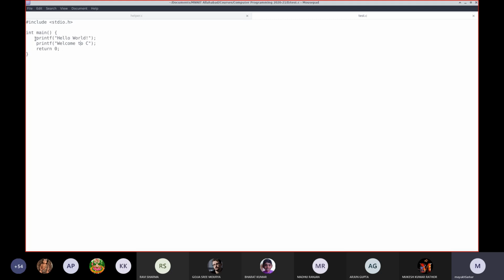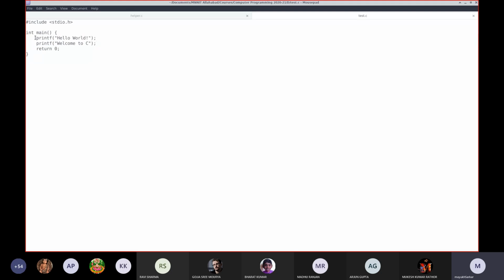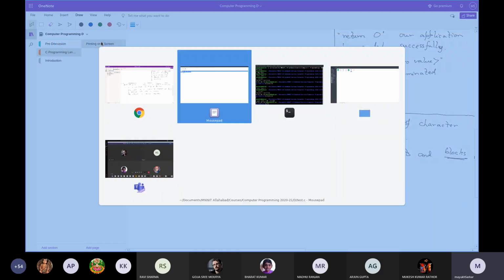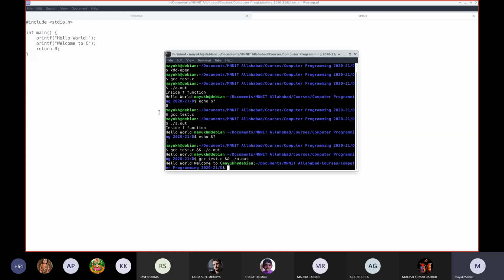So, in the simplest study, these statements are executed sequentially. As for example, if I execute this, you can see that first statement got executed, hello world.